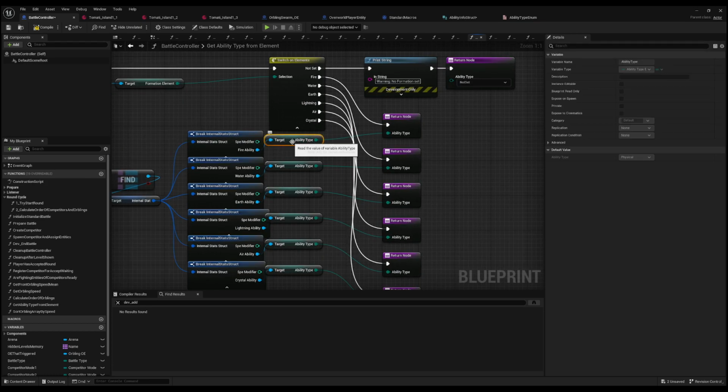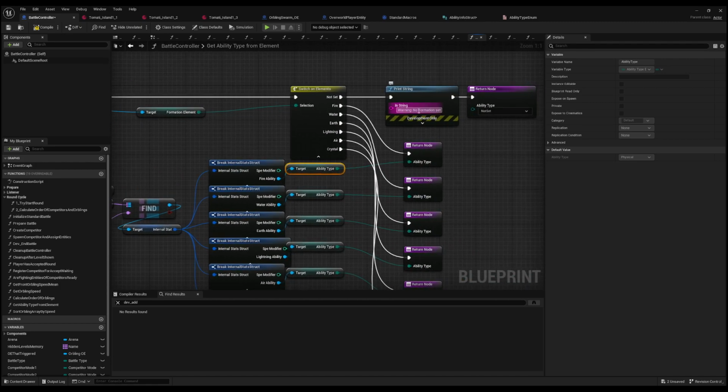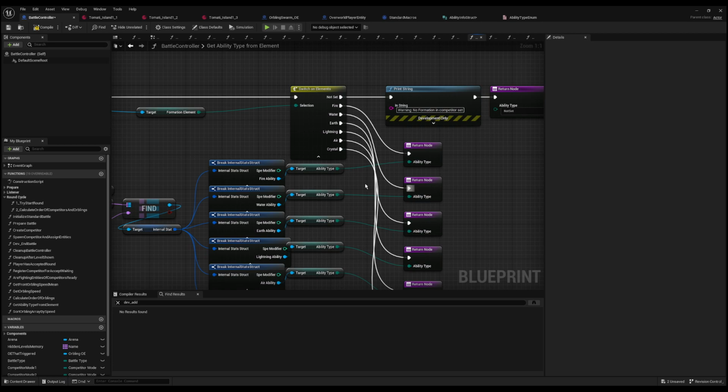How about these though? Warning. No formation in competitor set. And then here with this,